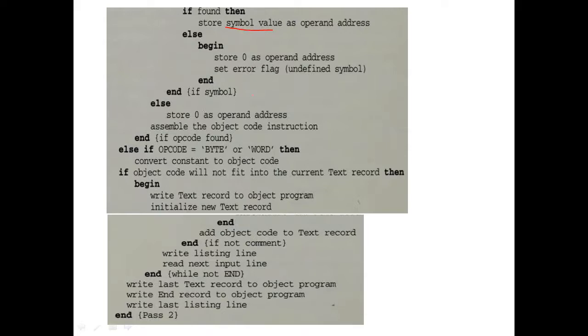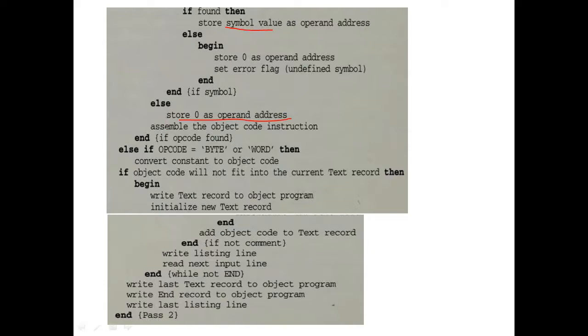Storing 0 as the operand address applies when you have an opcode but no operand for that instruction. For example, jump to subroutine: you will not have any operand value there, only the opcode. So in that case, we store only 0 as the operand address.